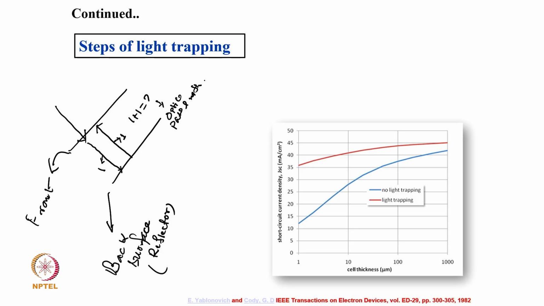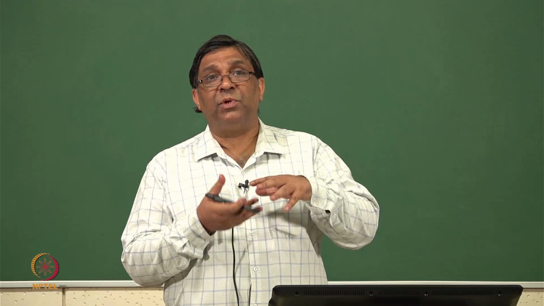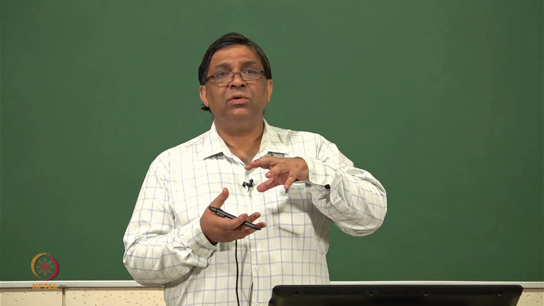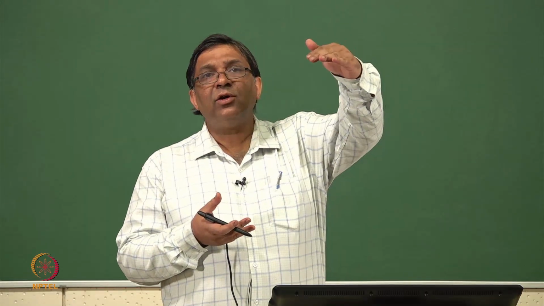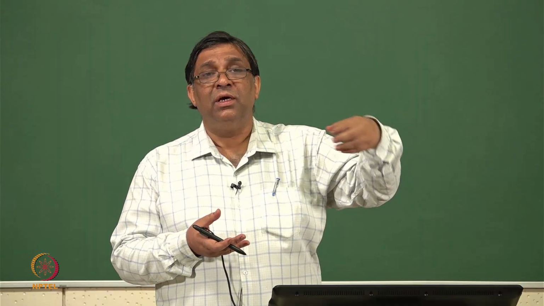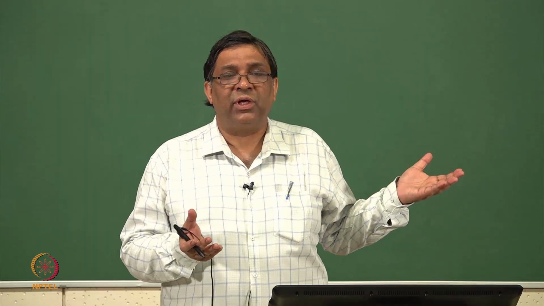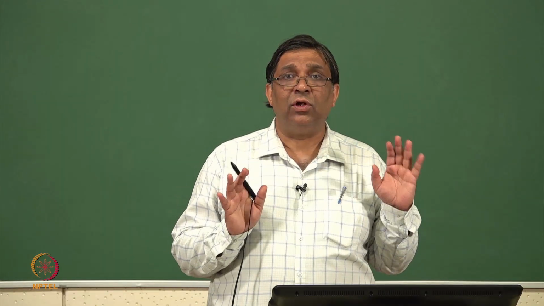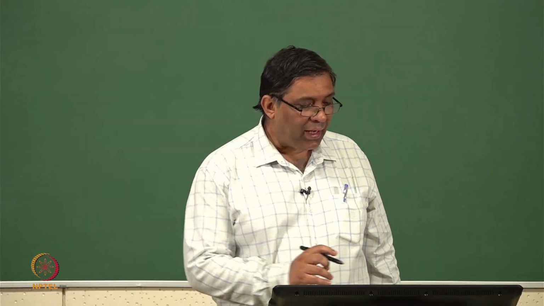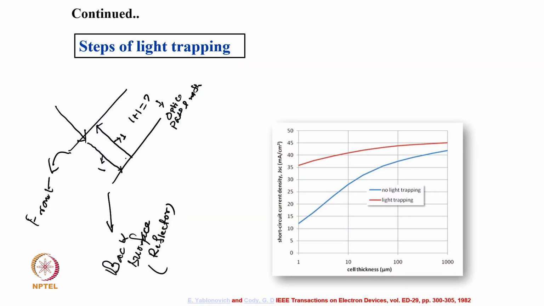This is important. This is what you essentially did when you were increasing the thickness of the wafer layer, increasing the optical path length. If I have a 1 micrometer wafer, I have a little less optical path length. If I have a 10 micrometer wafer, I have higher optical path length. If I have a 100 micrometer wafer, we have more optical path length. But now I have not done it. I did not change the wafer thickness at all. I just use a back reflector here and make the optical path length twice, double. Okay, so this is the first step which we can do.